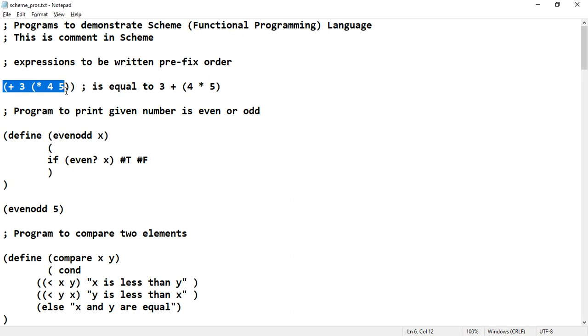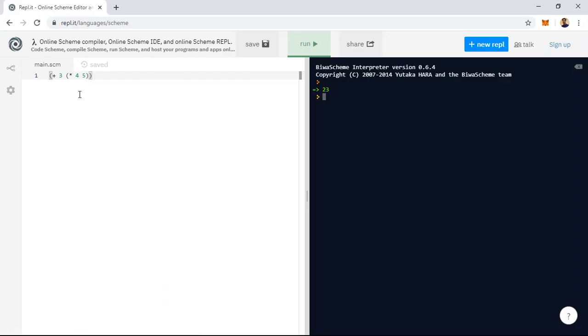Yesterday, not in the previous lecture, I gave you the link for the online Scheme compiler. Go to that online Scheme compiler, copy and paste this code and run, and you can see the output at the right hand side. See the expression plus 3 star 4 5, which gives you the answer 23.